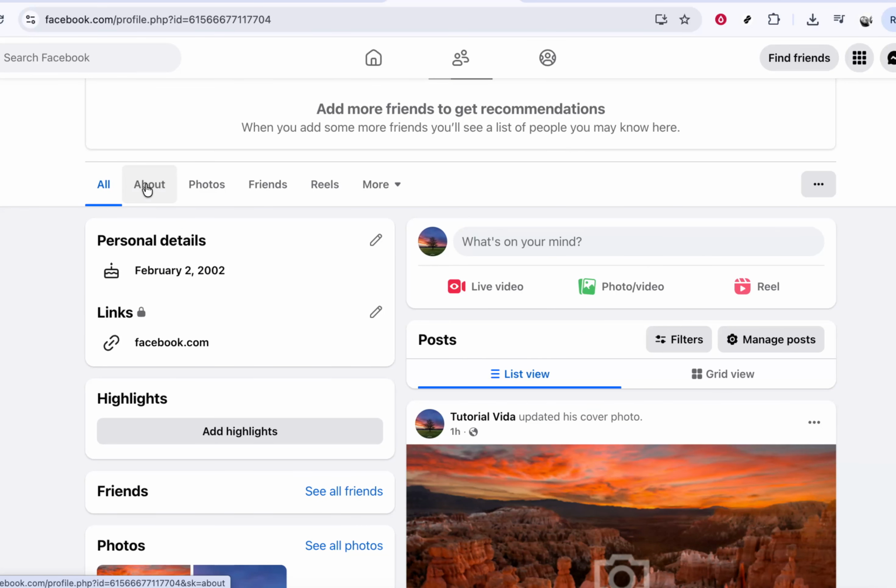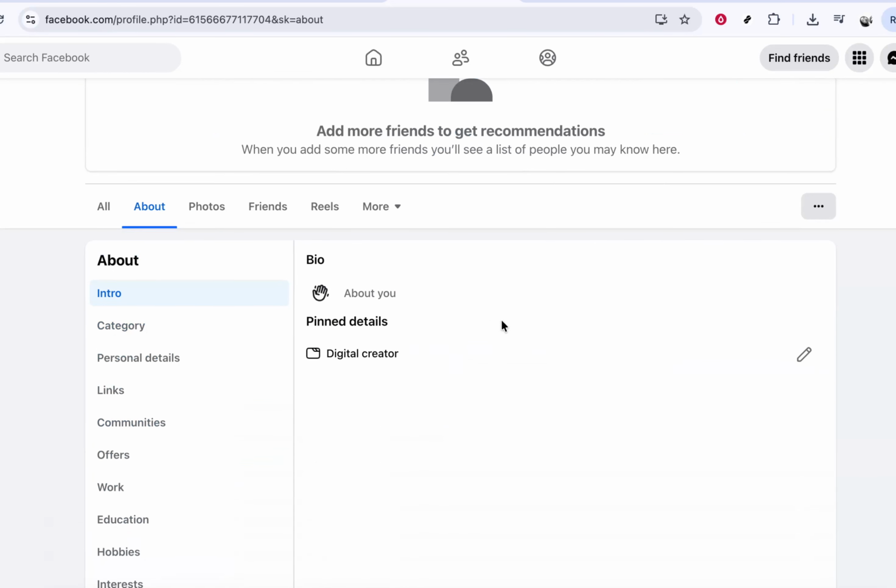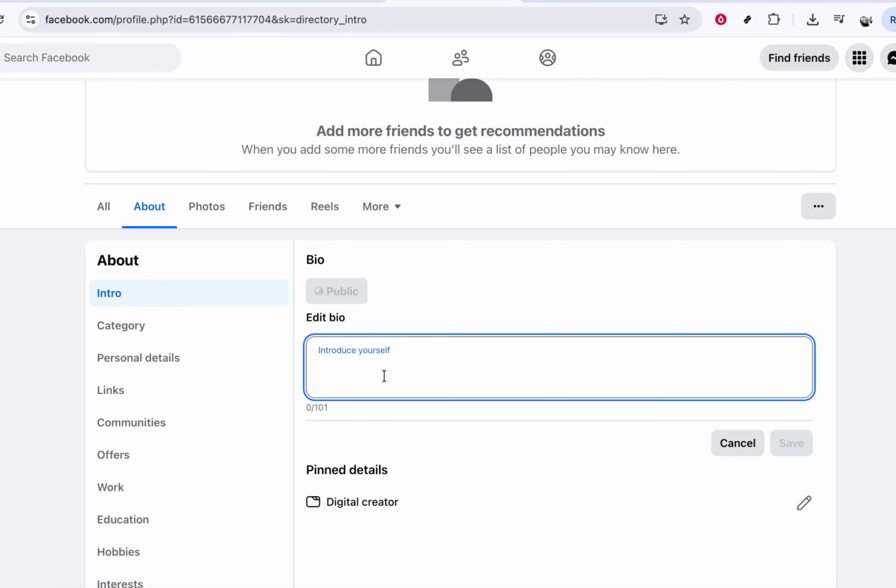First, start by going to your Facebook profile or page. If you're on a computer, open your web browser, go to Facebook, and log into your account. Once you're logged in, look for your profile picture or the name of your page, usually at the top of the screen or in the sidebar. Click on it to open your main profile or page view. If you're using the mobile app, tap the menu icon or your profile picture, then select your profile or the